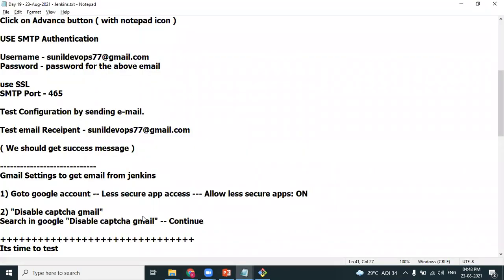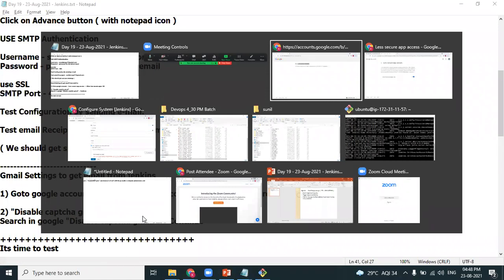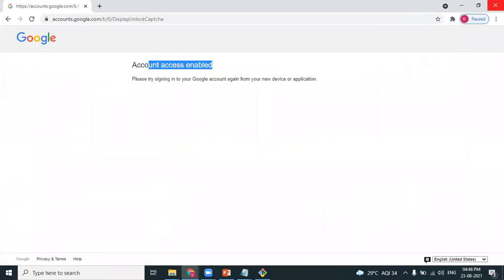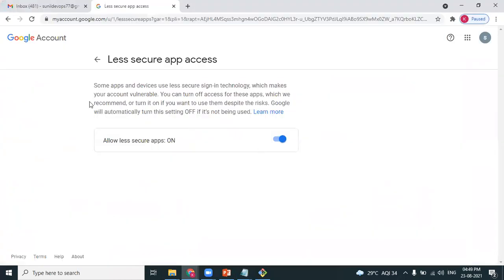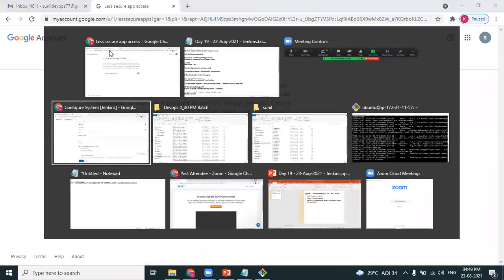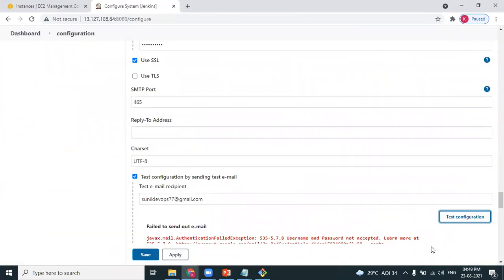Now let's test it one more time. I have allowed less secure apps and I'm disabling CAPTCHA. Because of this, I'm testing the configuration one more time.